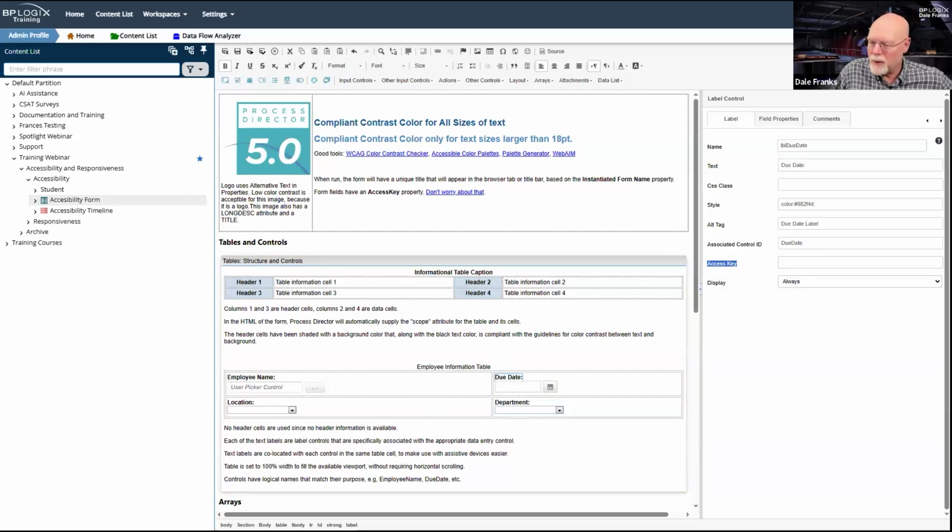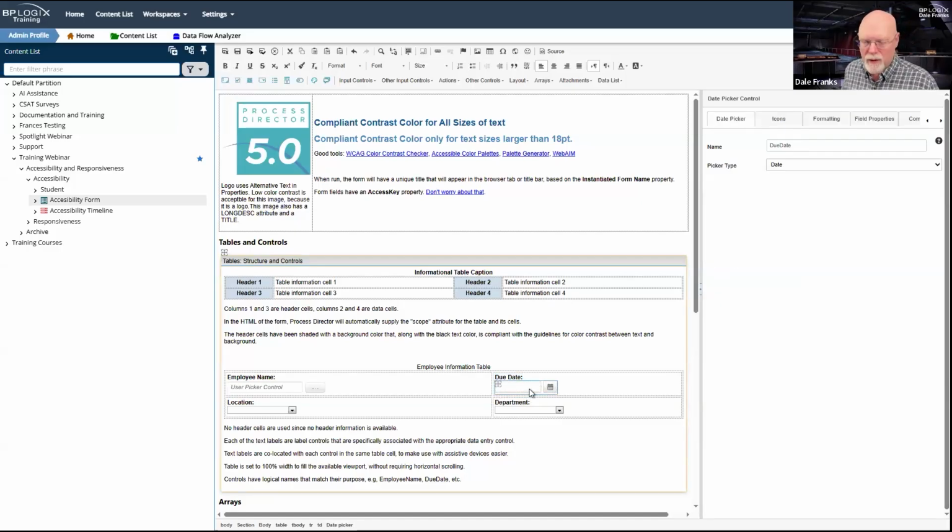So for the due date label, it has an access key, and that access key, were I to press it, and it is most likely not just a key, but rather a key combination, when I press it, it would automatically just go to and select the due date control so that you could fill it out directly.